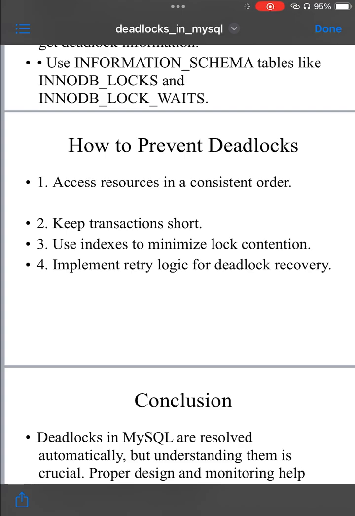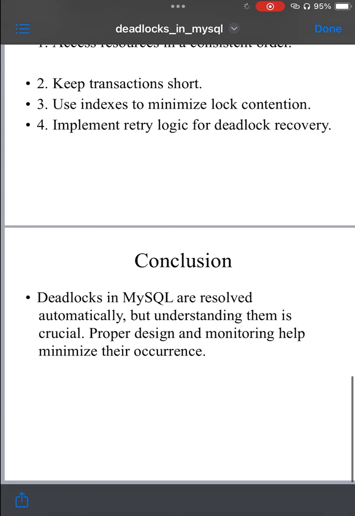3. Use indexes. Proper indexing helps reduce the scope of locks, especially for select and update queries. This minimizes the chance that multiple transactions will compete for the same rows. 4. Reduce lock granularity. Try to lock the smallest possible set of rows, row-level locking, rather than larger sets, table-level locking, to minimize conflicts between transactions. 5. Deadlock retry logic. When a transaction is rolled back due to a deadlock, you can implement